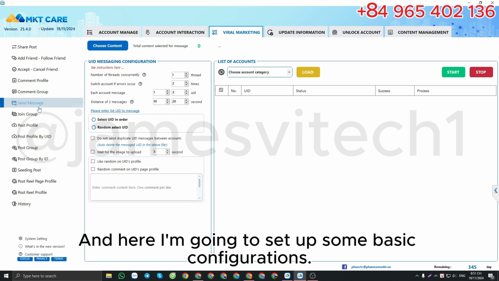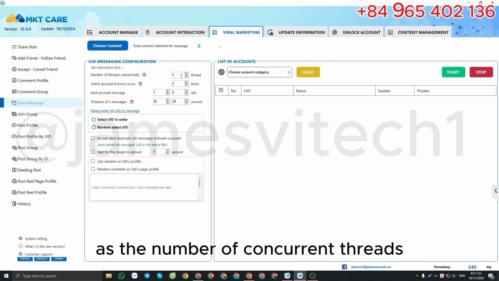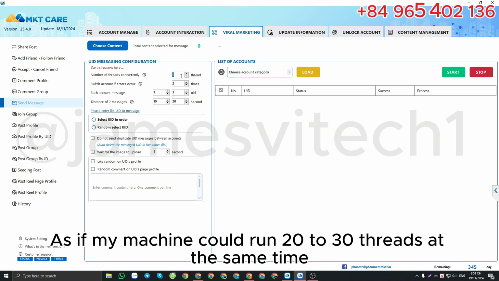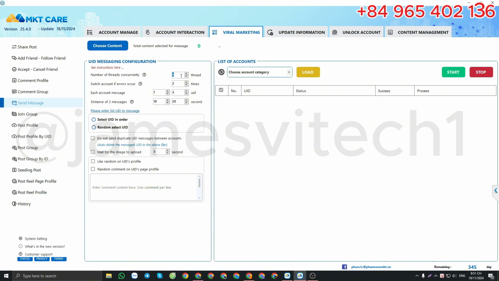And here I'm going to set up some basic configurations, such as the number of concurrent threads. My machine could run 20 to 30 threads at the same time. However, the demo only runs 12. The next is,